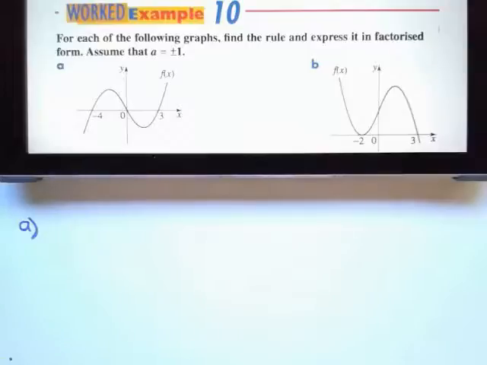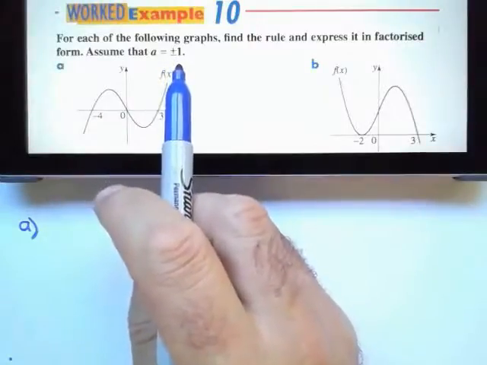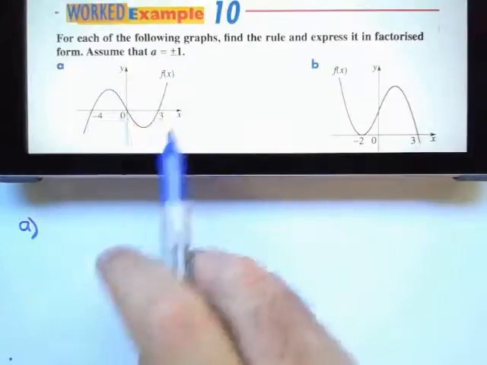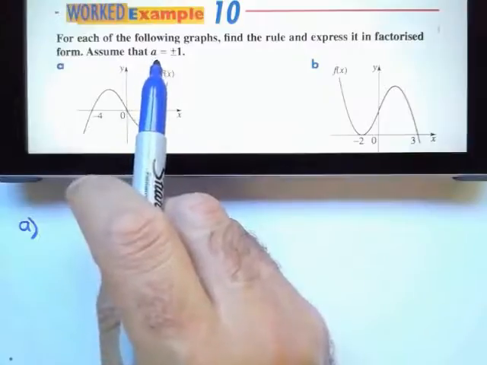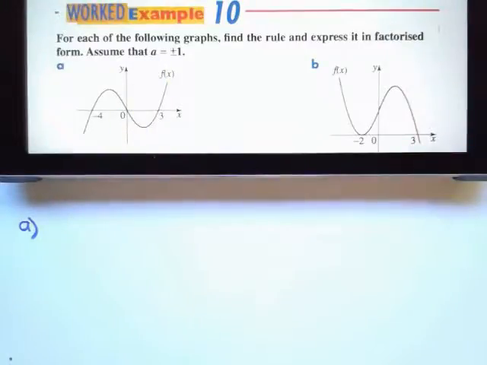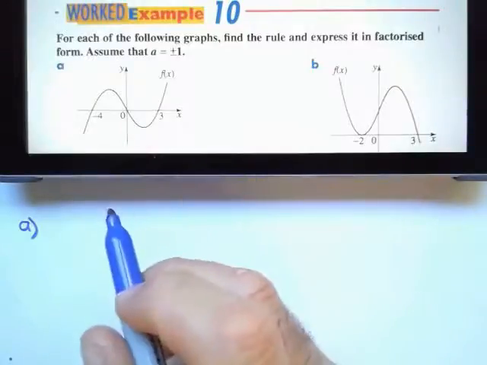For each of the following graphs, find the rule and express it in a factorized form. Assume that a equals plus or negative 1. We wouldn't be able to do this if we didn't know what a was. Okay, so what I'm going to do is, first of all, we need to find what is the value of